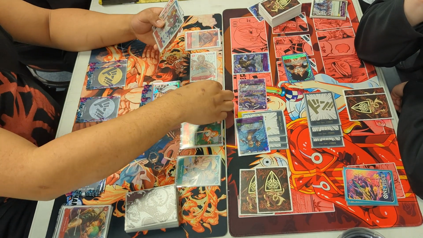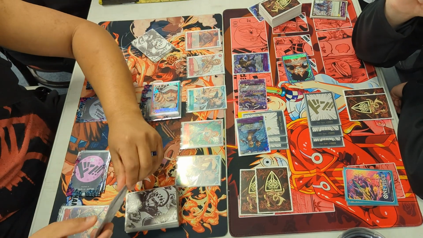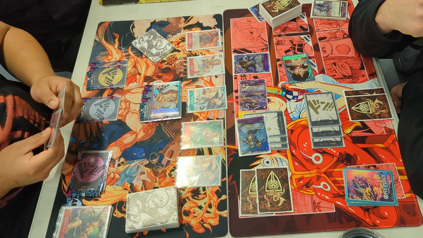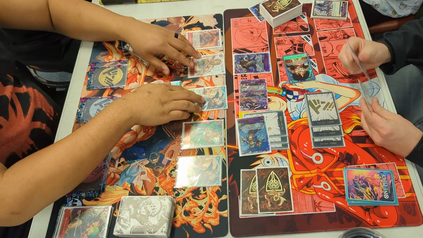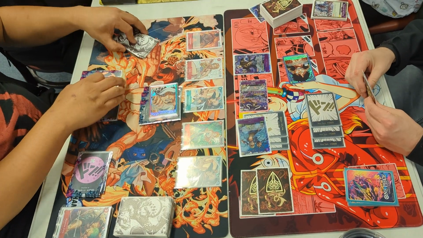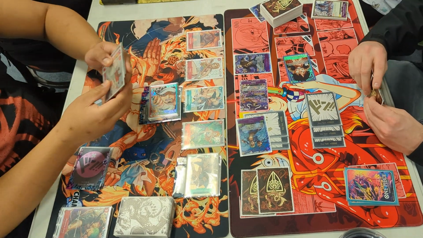But Shambles is going to come down here, bringing back the Makino, and then restanding that Nami right there. Get another search through. It looks as though he finds the rush Luffy, but also finds Chopper, so not too shabby. Could replace at least one of the Namis with Chopper if he wanted to, but another 8k swing